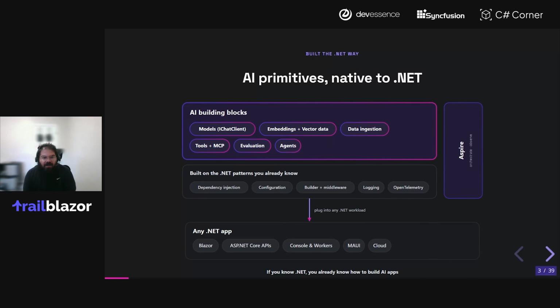Basically, every AI app needs a handful of primitives. We're going to cover how you need a way to talk to models. That's the base case. But then you also need a way to provide it with your own data. You need a way to call tools, for your AI assistant or your application to take action on the user's request. You're going to need some cross-cutting concerns, like observability, to see what the system is doing at each step of that request chain.